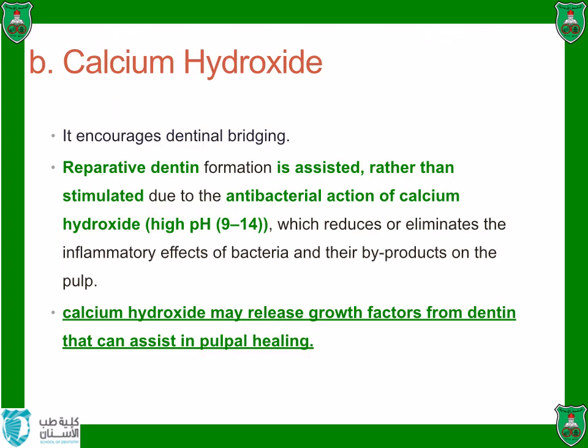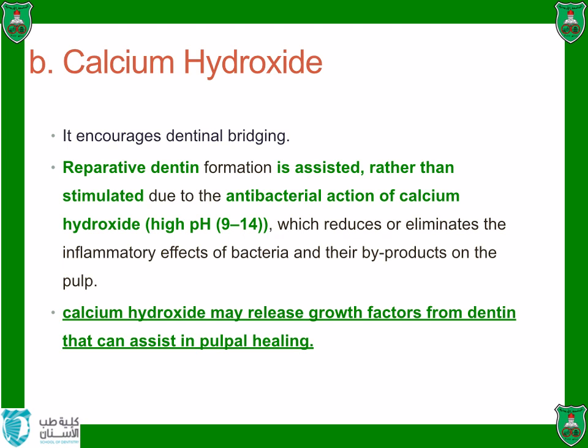Those materials have high pH, so they are antibacterial materials. They encourage dentinal bridging. That's why we use them a lot if we have pulp exposure, for a procedure called direct pulp capping. I think you will talk about this in other lectures. So this material is very commonly used when we have pulp exposure because it encourages dentinal bridging,